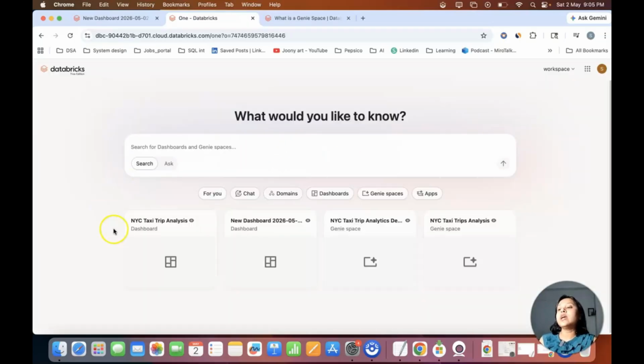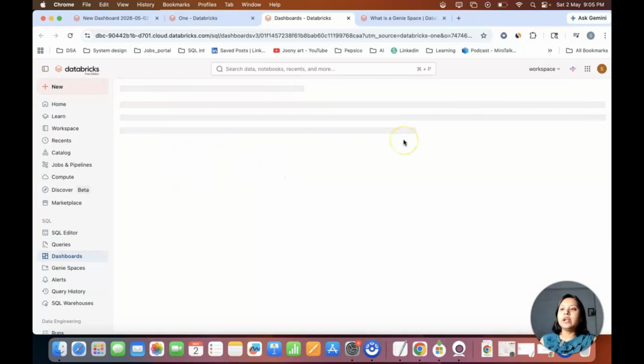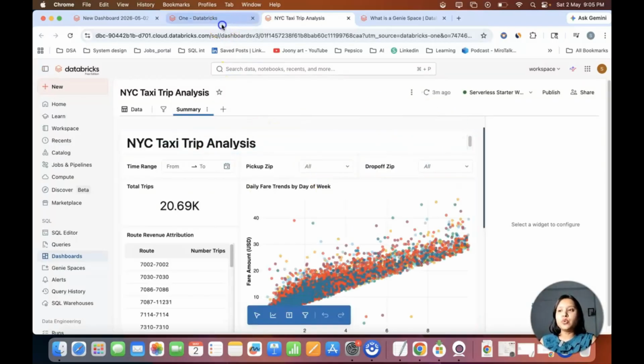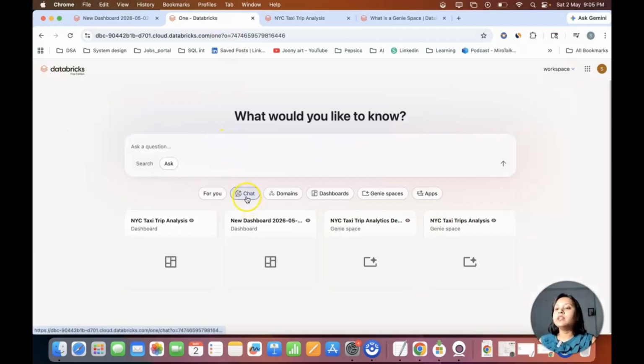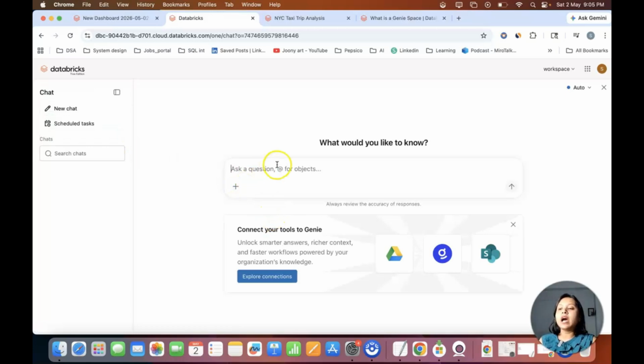Okay, in this Genie, you see you have New York trip taxi analysis, right? So either you can click on this and start asking it. Okay, if you click on it, it's going to give you a different interface itself. In this interface, the same dashboard is going to open. But let's say if you click on the chat, right, you can ask any